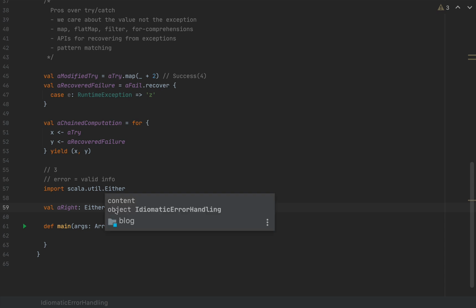And the convention is that the left side of an Either is undesirable and the right side is desirable. So the value 22 is the quote-unquote success. And the left type, String, is the undesirable value, which can be thought of as an error. But notice that we can have any kind of type. We can have strings, we can have ints, we can actually have JVM Throwables,